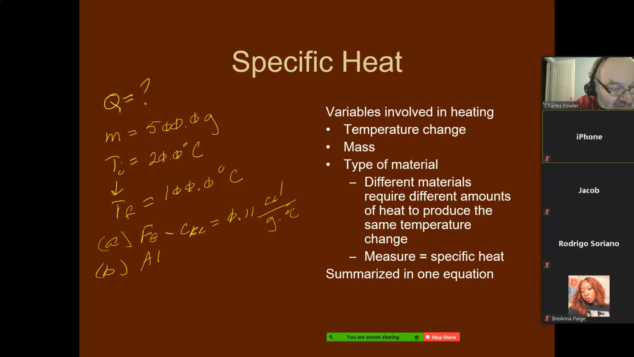Lead. Lead is actually almost as low as gold. Gold was 0.03, lead is 0.0305. Mercury, just a little bit higher than that, 0.033. Seawater, believe it or not, is way up there at 0.93. Silver, 0.056. So that's not quite as low as gold, but getting close to it. Soil on average is about 0.2. Steam,